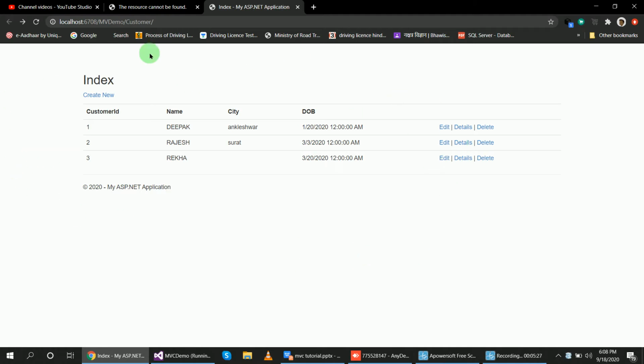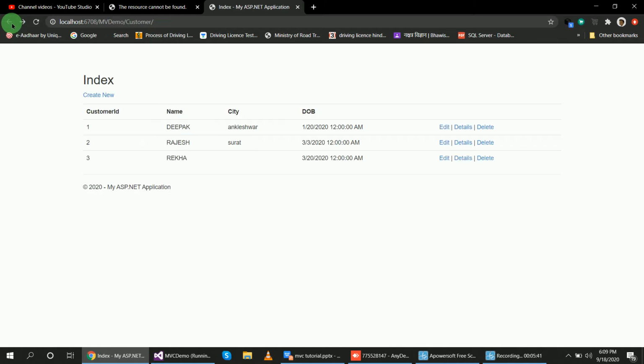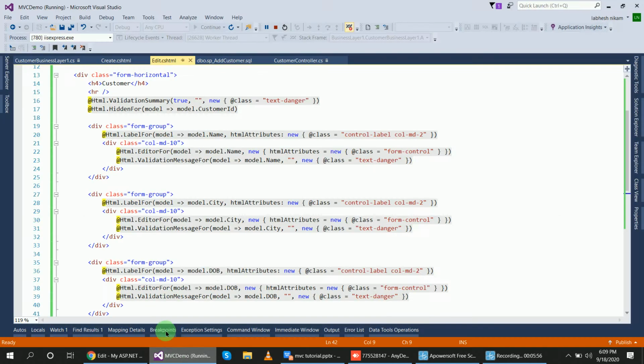So we have come here to the index page. Now I will click on this edit button, and the record must be received here for ID 1, but the record is not shown. When I click on the second ID, it is displayed as second, but the record is not displayed. So what is the problem?